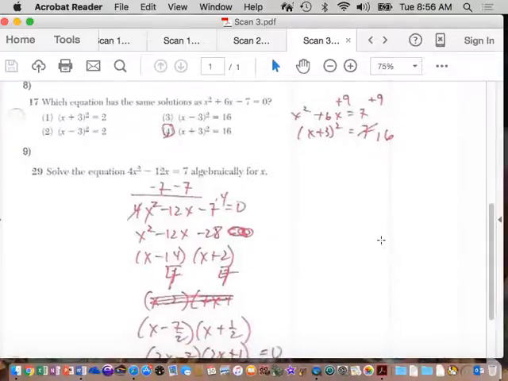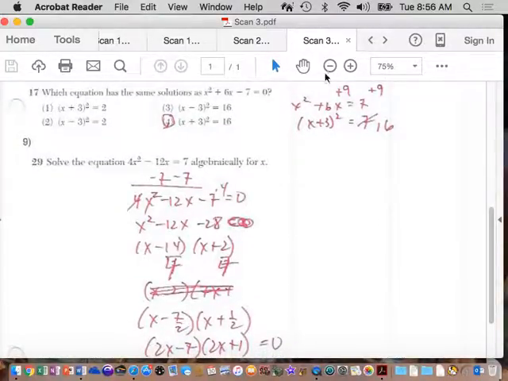I think these last two questions are pretty important because I know that completing the square will be on the test in one way, shape, or form. And I think that,